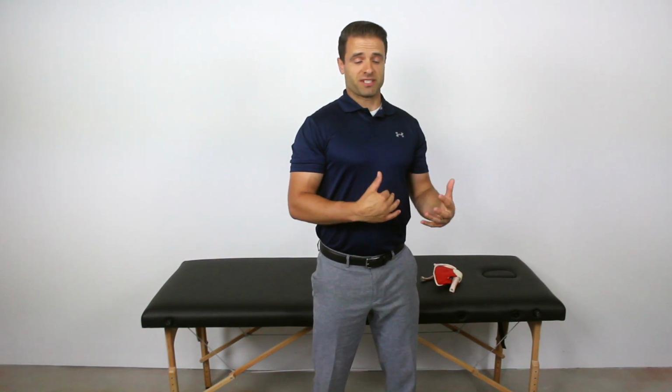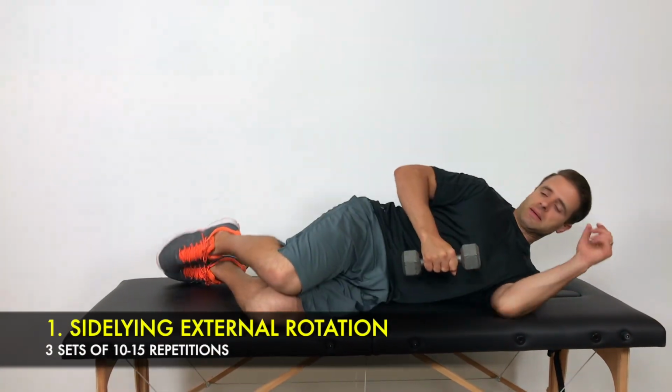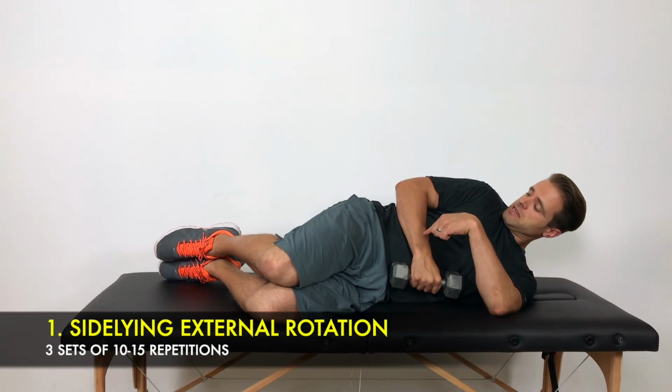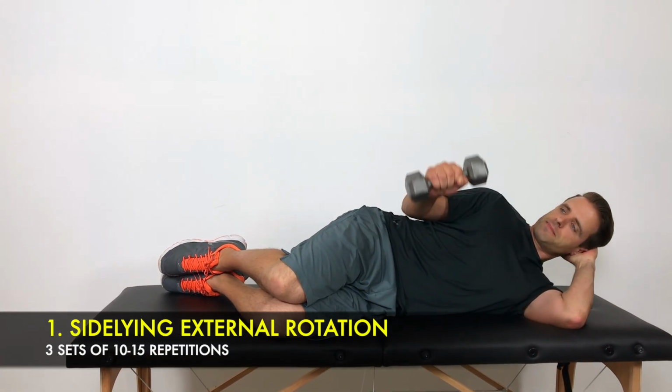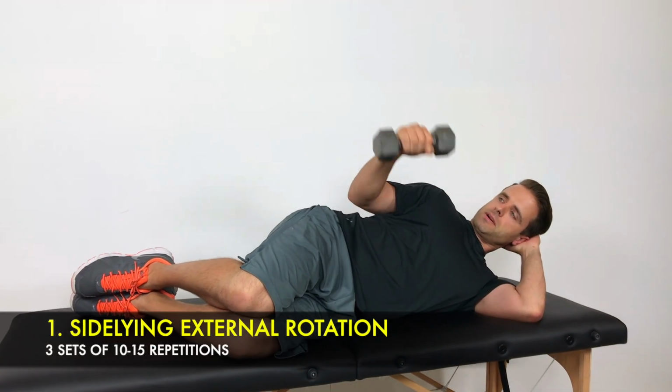We're going to get into some side-lying external rotation. What you'll do is lay down on your side. You'll see here I'm laying down on my left side. My right elbow is at a 90-degree angle with the weight down right in front of me. Now what I'm going to do is keep that right elbow into my side as I rotate that weight